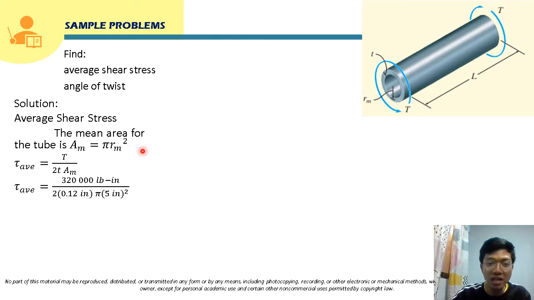So that will be 320,000 pound-inch over 2 times t, where t is the thickness, which is also given, 0.12 inch, times A_M, which is pi r_m squared. The r_m is the mean radius given in the problem, 5 inch, and this will be squared. Solving for the average shear stress, this is simply 16,976.53